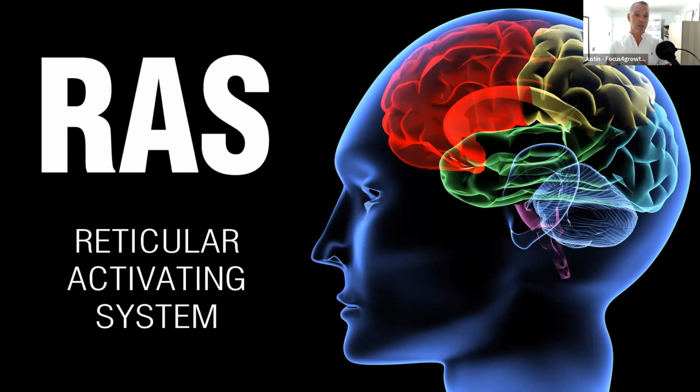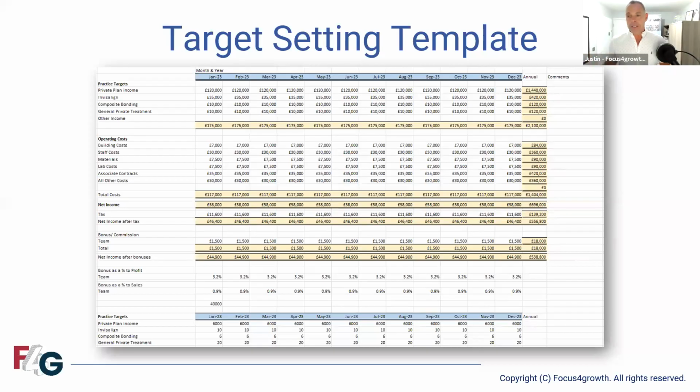So it's a really useful thing to recognize that once we set these goals, it's more than just saying we want to achieve something. It's about tuning ourselves and our teams into the opportunities that then will naturally start to appear and develop as we're working through that plan. So it's really important that we get this right. And there's lots of ways you can do it. I have a really simple target setting template where you can just, by month, look at different elements